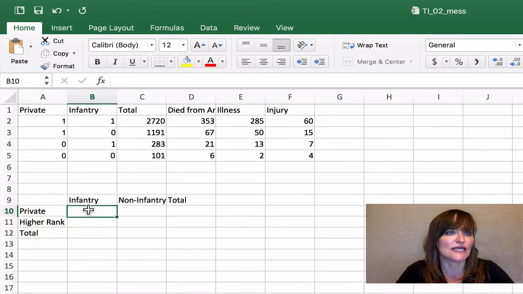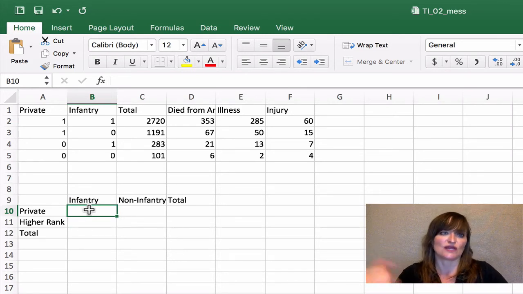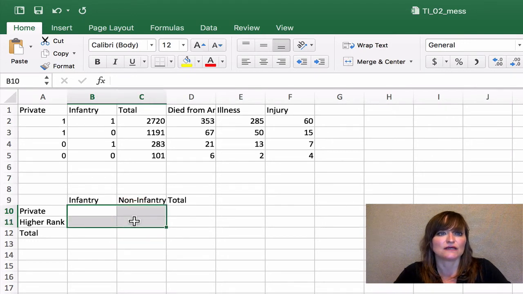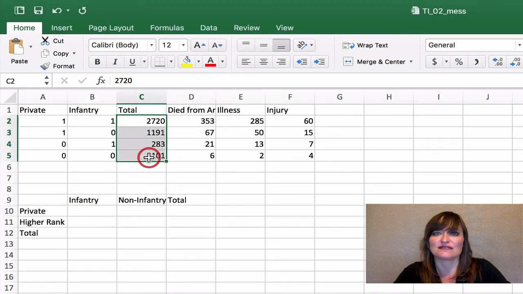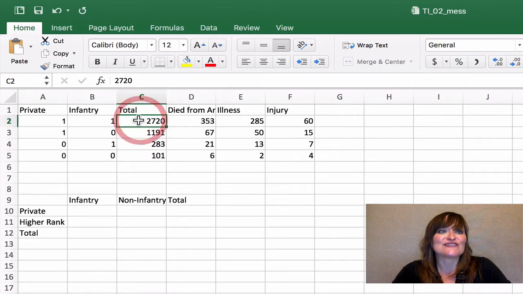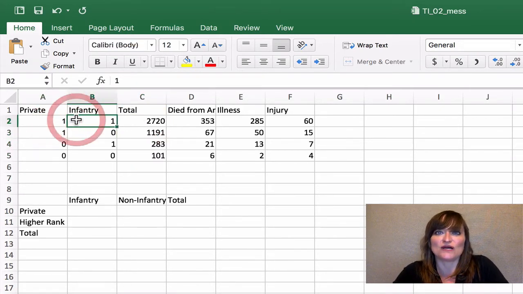So in this cell here, in cell B10, we want to know how many in this sample were privates assigned to infantry. Do you see what that data is? All of the data that will fill these 4 cells in the table right now are sitting in these 4 cells as a single column. We're going to need to remember what our data coding was.